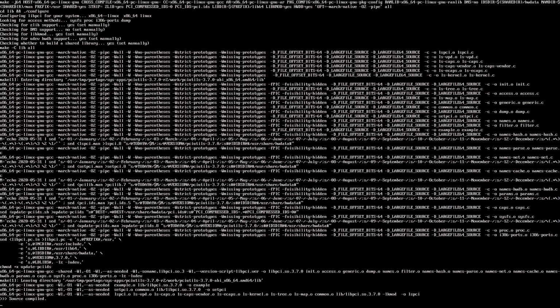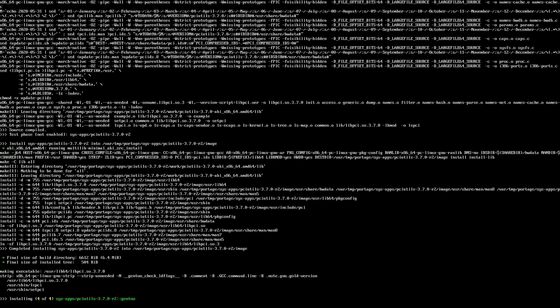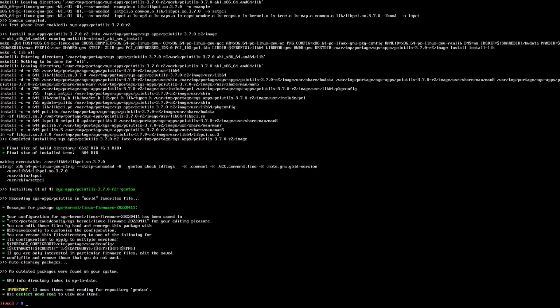We'll just wait for it to finish. It's almost done. Okay, and now for the kernel itself, I'm actually going to skip the step of customizing my kernel, which I